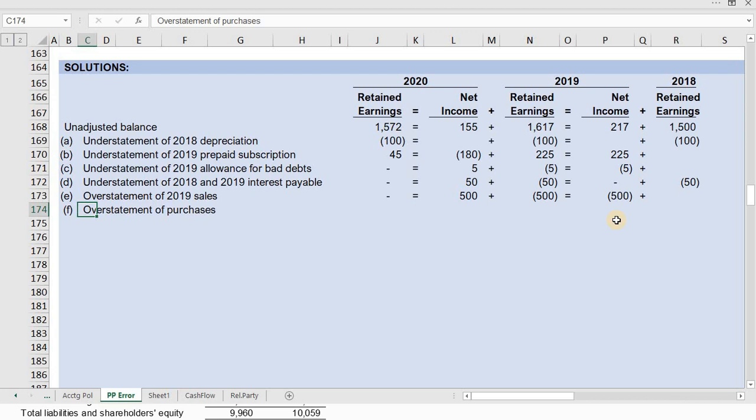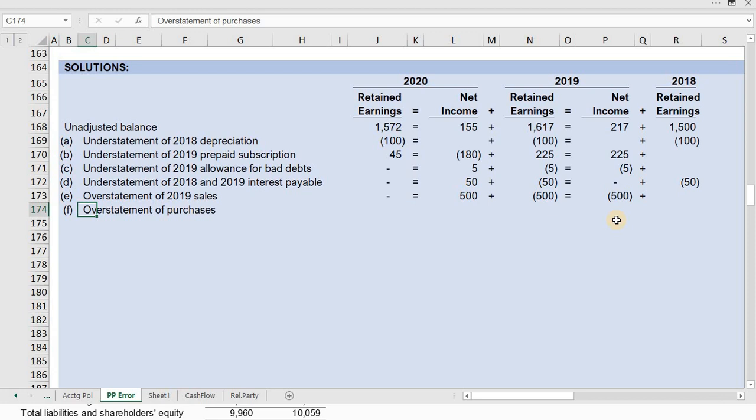So if the purchases is overstated, it means that the cost of goods sold is also overstated. And if the cost of goods sold is overstated, the net income is understated. So it means that in 2018, if the purchases is overstated by 80 pesos, the net income is understated by